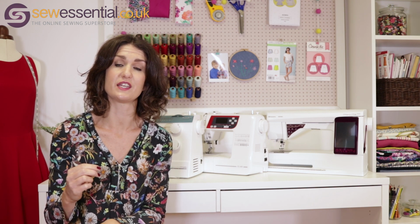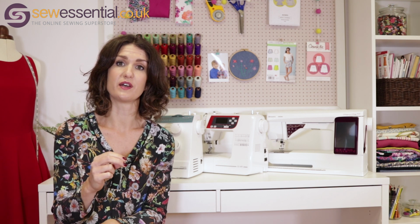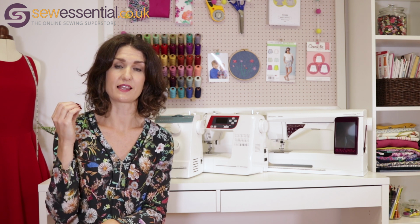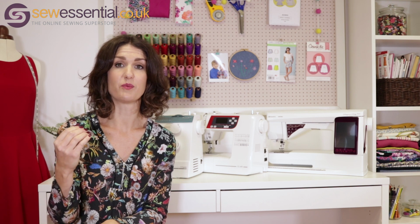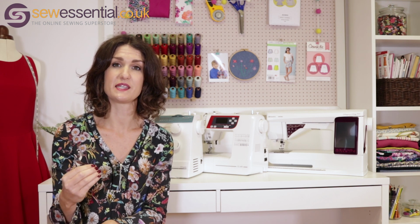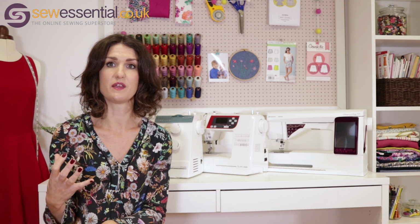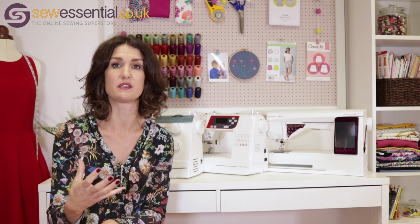when you finish stitching, and also the ability to choose which fabric you're working with, which then allows the machine to automatically select the correct tension, and it will even tell you which feet and which needles to use to sew with that particular type of fabric. So they're just some of the fancy features. There's a whole other raft of features that you may find on computerised sewing machines that are worth looking out